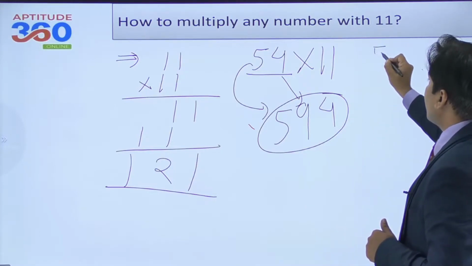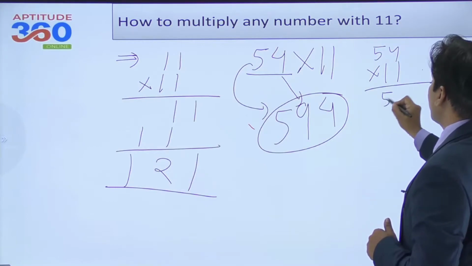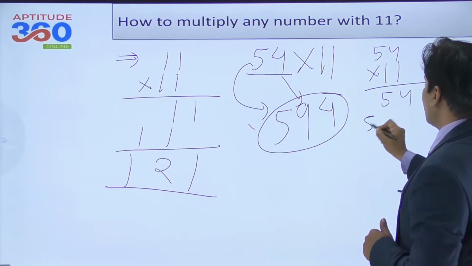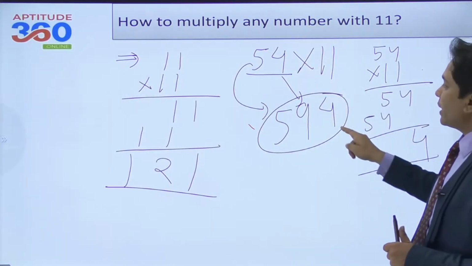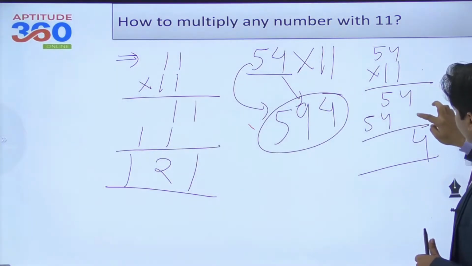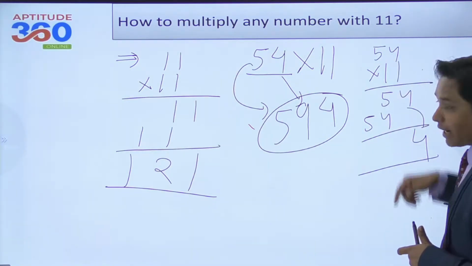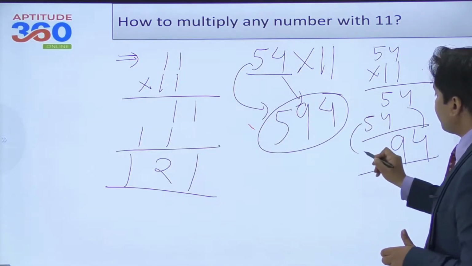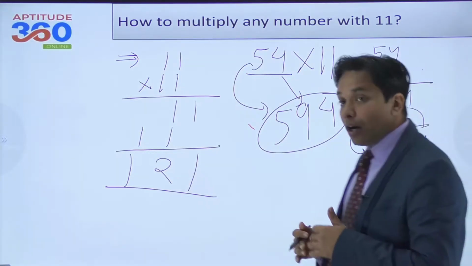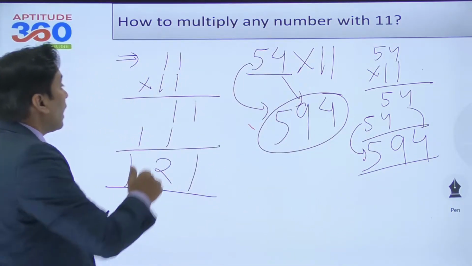If you multiply 54 into 11, try to see this. What is it that you will write? You write 54 and then you write 54 again. So that is how you're writing 4. What did I say? Write 4 over here. So this is why you are writing 4 over here, right? And then you're adding 5 and 4, which is 9, and then you're writing 5 out here. So this is the product of 54 with 11.